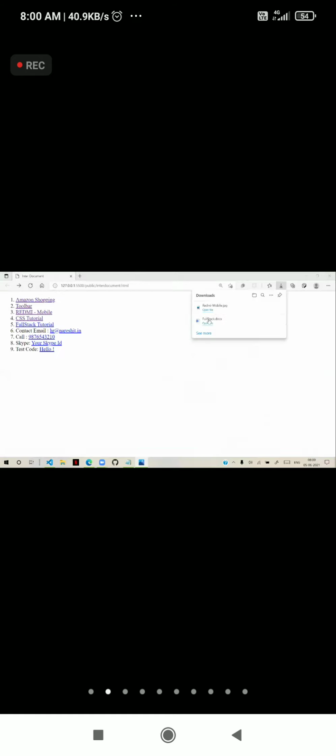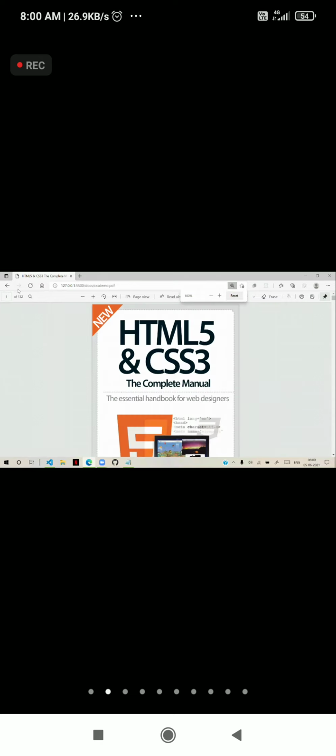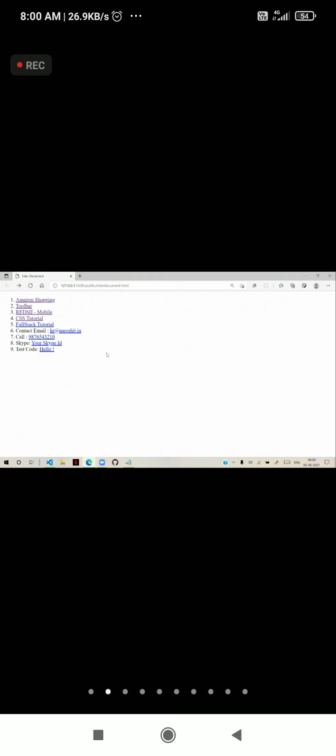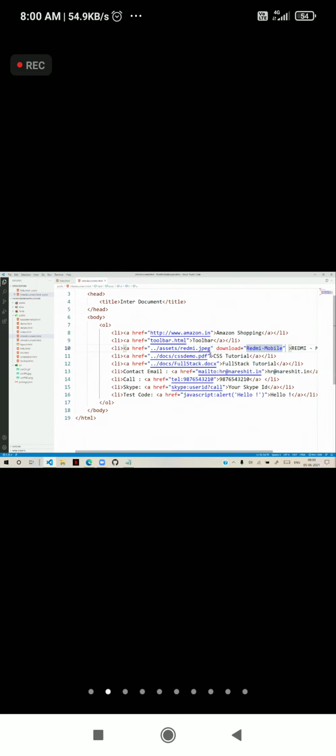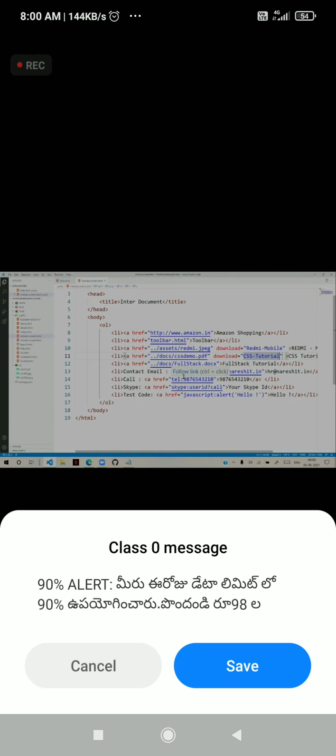Even with PDF, the PDF file is opening, but if I don't want it to open and I want to download that PDF, then we just have to use the attribute download. And CSS tutorial, that is the name it should download with. Now you can see that it will download that file and show it to you.